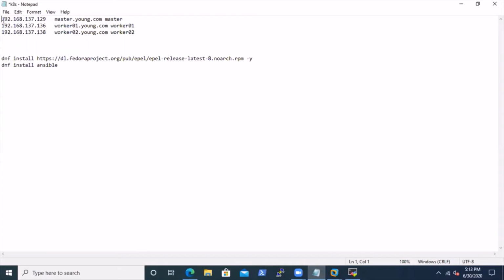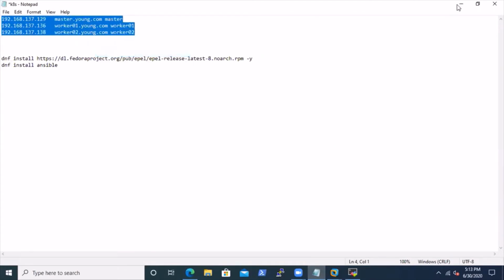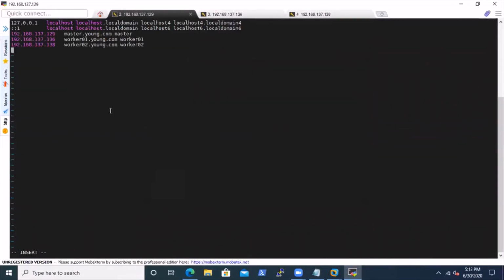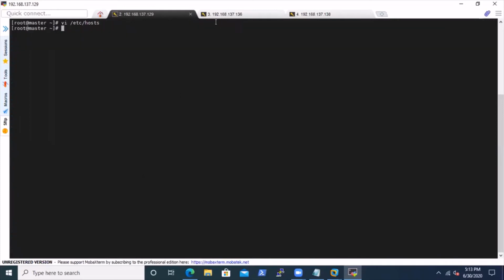So let's open their hosts file. As we don't have any DNS server configured, we'll be putting the IP addresses and names of all the nodes into this hosts file so that they can communicate using names.